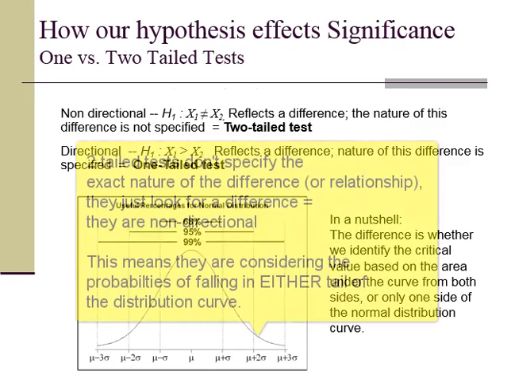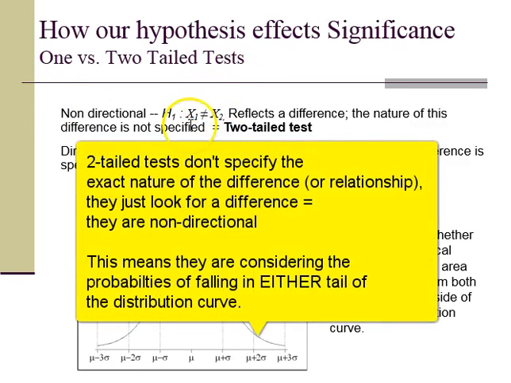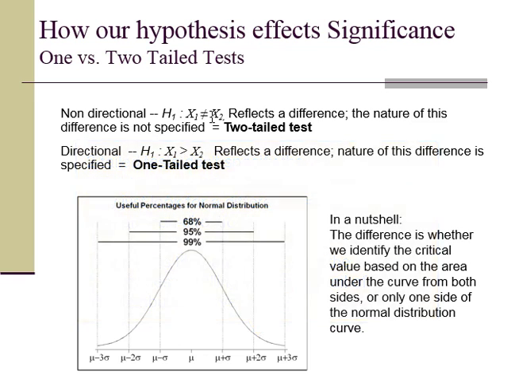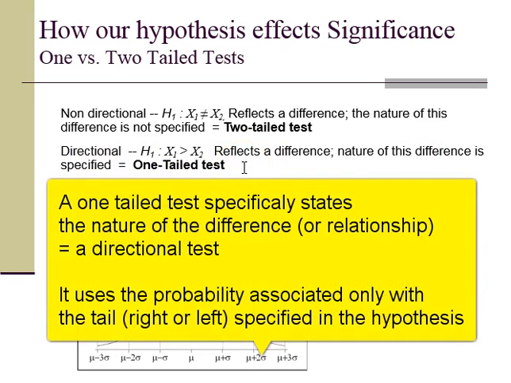If we're doing a two-tailed test, it means we think there's a difference, like these two means are not equal, or that there's a relationship, but we don't specify exactly the nature of that difference or of that relationship. So in other words, we're not saying that we expect that population 1 is greater than population 2. We're just saying there's some difference that we would like to explore. But a one-tailed test actually does say, you know what, we really don't care because we don't expect to see a relationship in one direction. We really only expect to see it playing out like this.